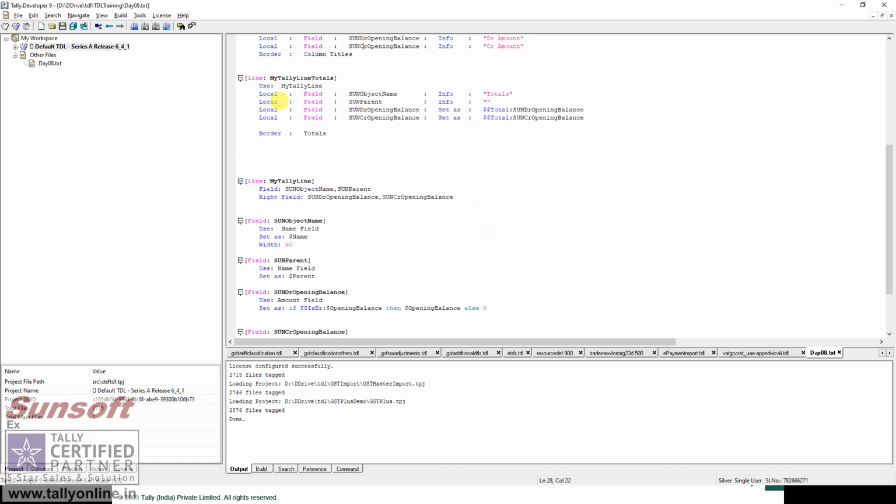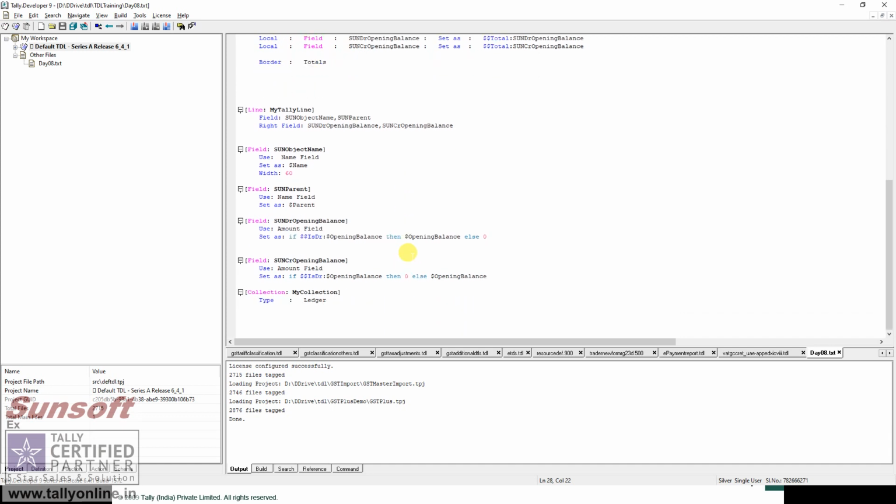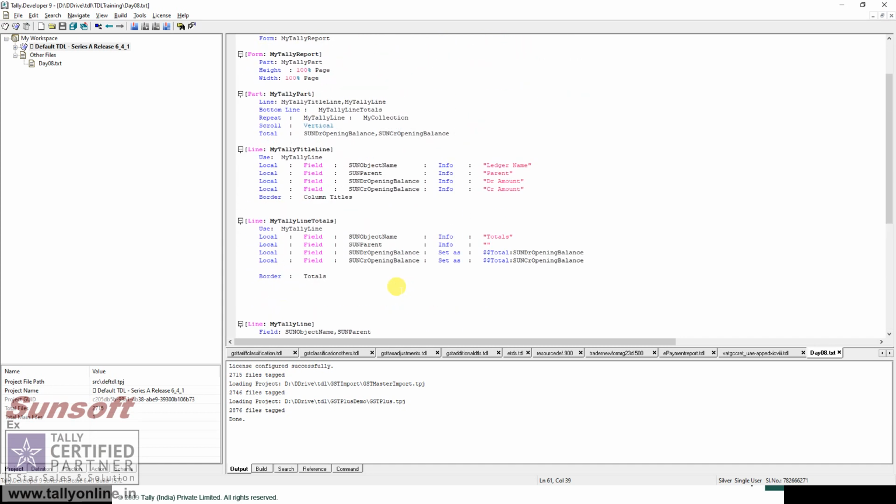The second thing we have done today is how to put an if condition. So my setters have a condition now, that means setters cannot be static. It is based on certain conditions, and I can have it as: if it is the debit side, then I print it. If it is on the other side, then I print it on the credit side. So two things we have done.